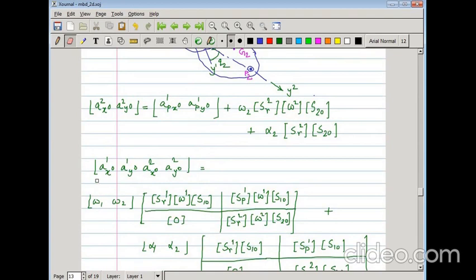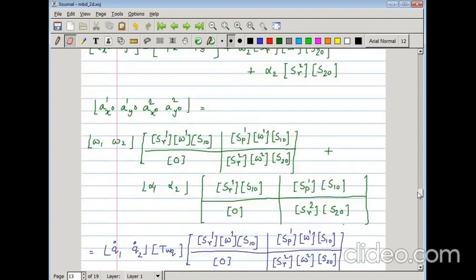So now if you write it side by side, then this is what you get. So omega 1, omega for body 1, this is omega 1 into this, omega 2 into 0. So this is omega 1 into this, that means omega cross r for body 1. So this is the normal acceleration. If you multiply this with this, you get the normal acceleration for body 1, and if you multiply this with this, you get the normal acceleration